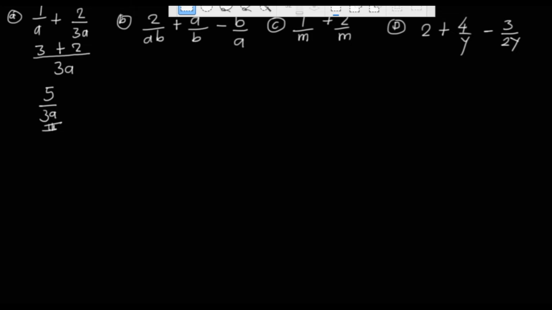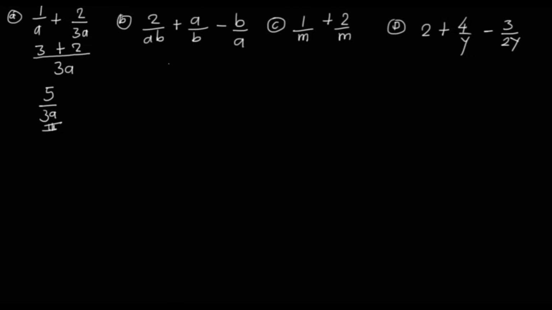Now let's move on to question b. For question b, the first part has a denominator of ab, the second b, the third a. So we also have to find the lowest common denominator, which is ab. ab is the lowest common denominator because ab can go into ab, b can go into ab, and a can go into ab. We begin with ab into ab, which is 1, times 2 is 2, plus now b into